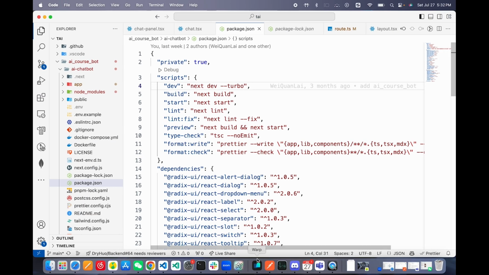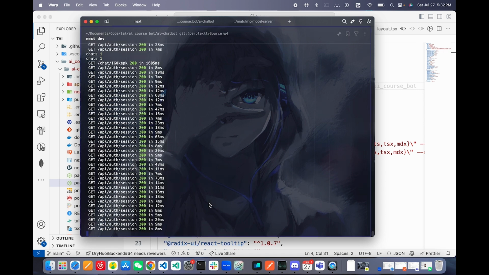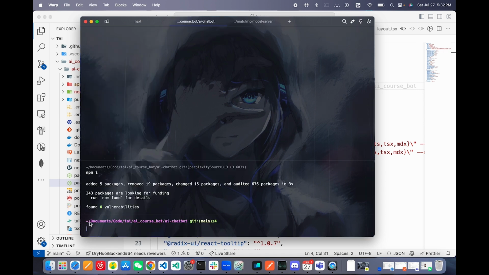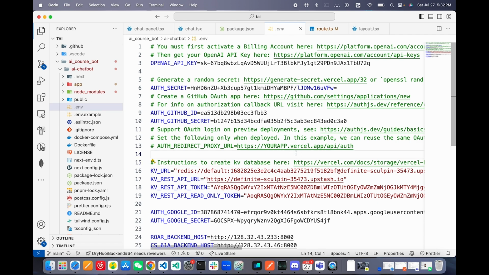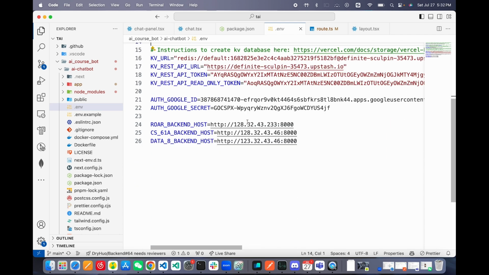And then once you clone the code, here you can actually cd into the routes, correct routes here, and then try to do npm install, npm i, which I already done, if you see above. And then once that is done, you can simply do next dev to start the code. But before doing that, you have to make sure that all the environment variables here are all set up,